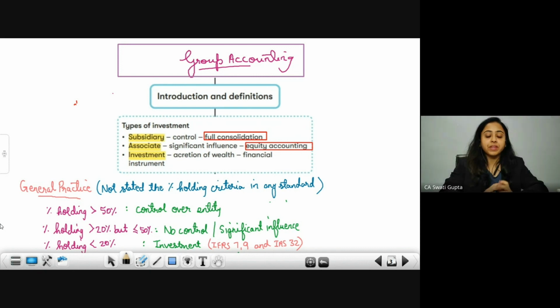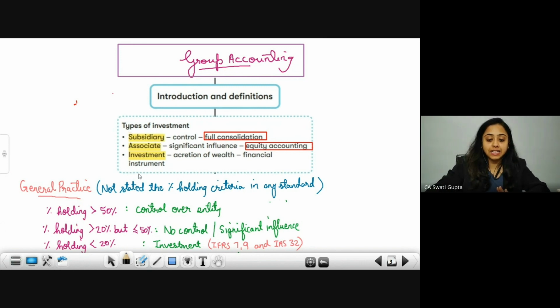Now, there are multiple criteria given in order to identify whether that connected company is your subsidiary or your associate or your joint venture, or it's just an investment. Each and every type of entity, firstly we have to identify its relationship. Secondly, the accounting method is different whether it's an associate, joint venture, subsidiary, or just an investment. So the accounting treatment is different. How do you identify whether it's subsidiary, associate, or investment? It has its own definition.